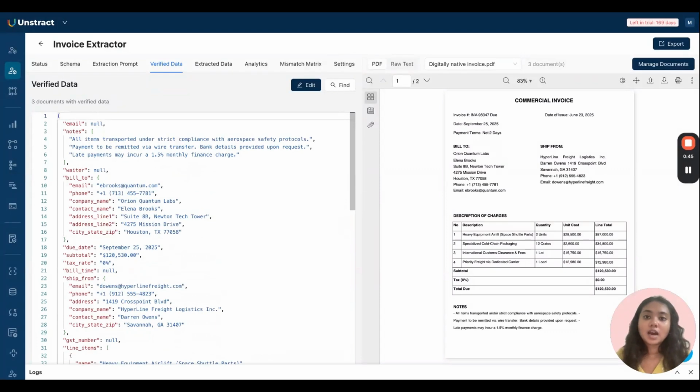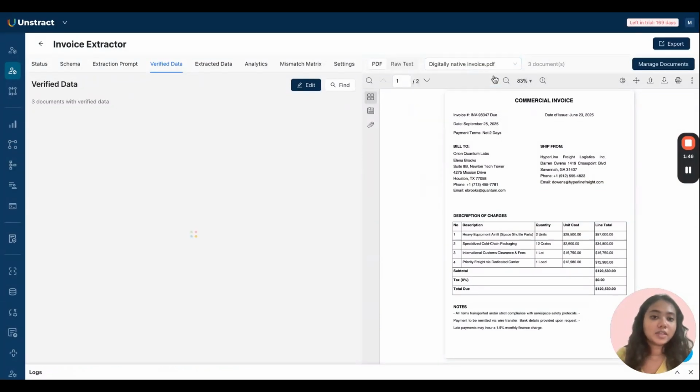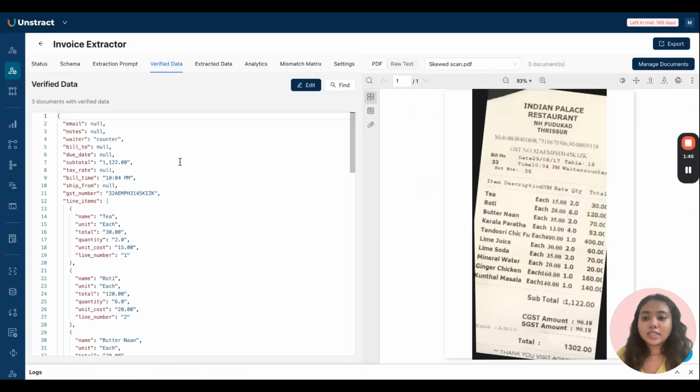It's because prompts are evolving. We would come back and businesses could edit the prompts and perform the extraction over and over again. So when these prompts are edited, sometimes the extraction output could also be altered. So a data item which was initially being extracted correctly could be incorrect upon changing of prompts. So in order to quickly spot those inconsistencies is why we have a verified data set, because once I manually verify this, every time I change my prompt, the system would automatically compare the output of the prompt with the verified data set. And you can go through all the other documents that you've uploaded as test documents and see how the extracted output is.